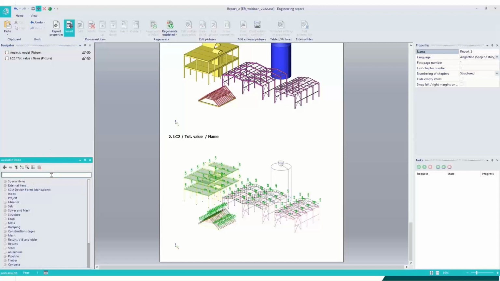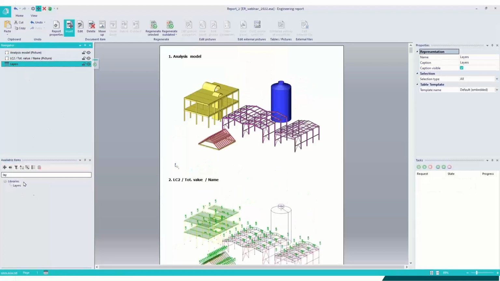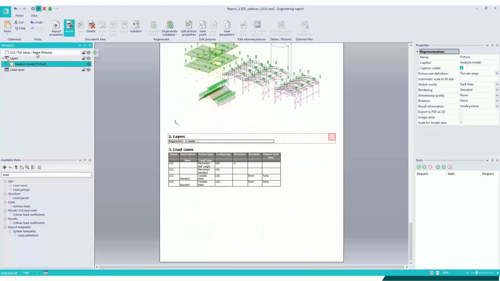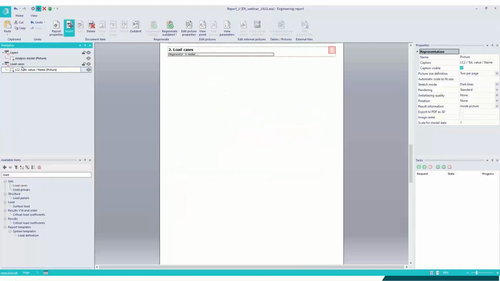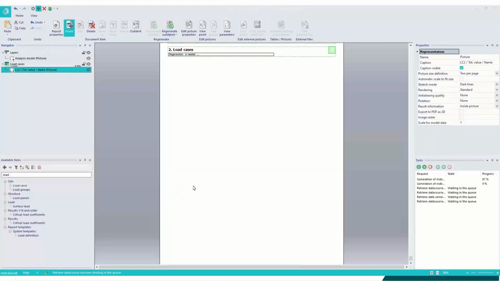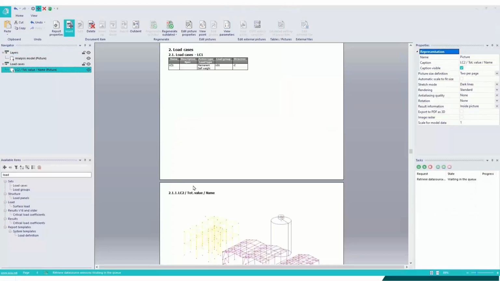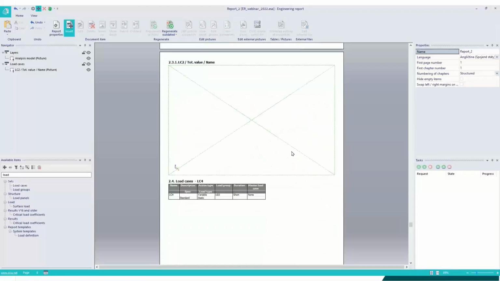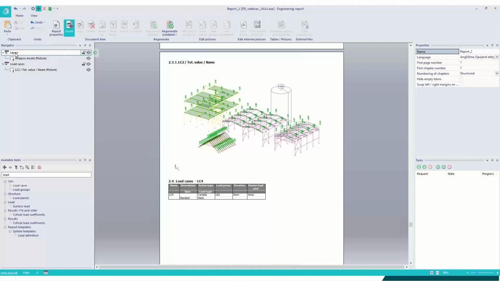So imagine that each type of the structure is, for example, stored in a different layer. Or of course, I would like in my report, for example, to have an image per each load case that I have in my project. So I can add a list of layers and a list of load cases into my report, and I can just drag and drop the image underneath or inside of the load cases and layers. And if I now update, you will see that a special image is created per every load case. On the first image there was nothing because it's the self weight, but any other image is a specific load